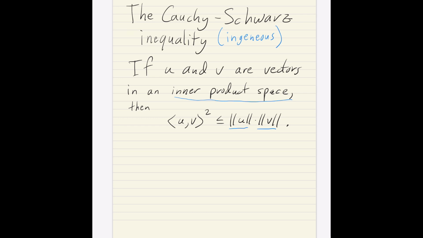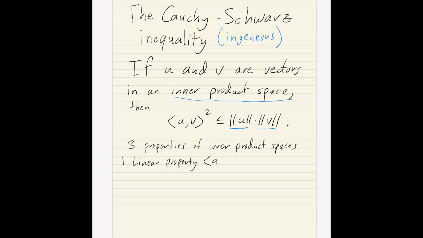Okay, before we get started, we have to know three properties. These are the three properties of inner product spaces, and these are all in the book. The first one is called the linear property. And that one is the main one we're going to use in this proof, and that says that the inner